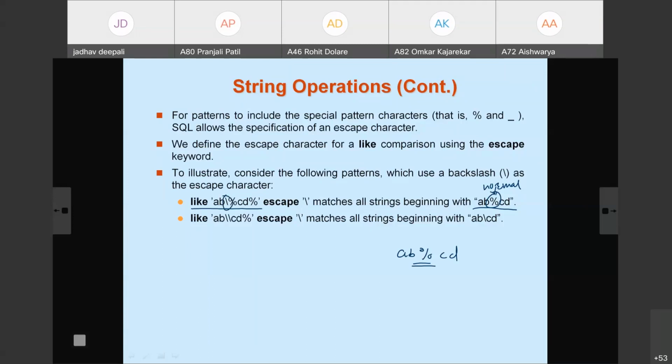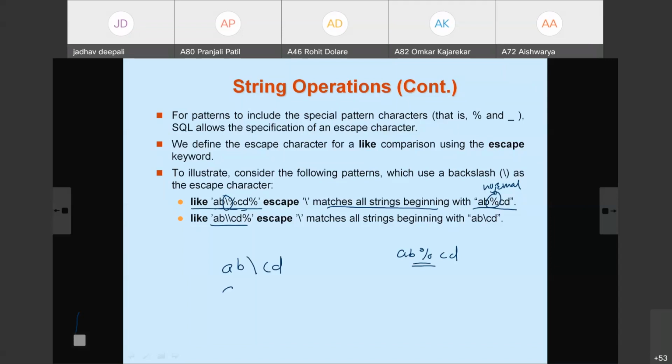So what it indicates is that if I use AB backslash percent CD, then it matches any string beginning with AB percent CD. Here also the same, you can observe: it matches any string beginning with AB slash CD.